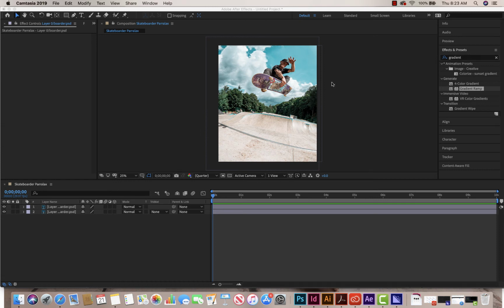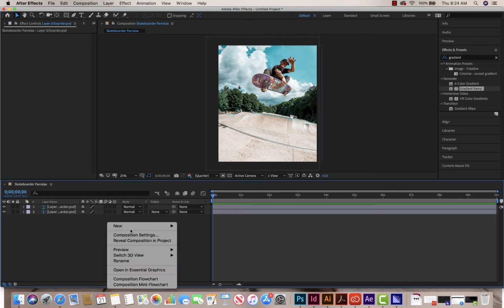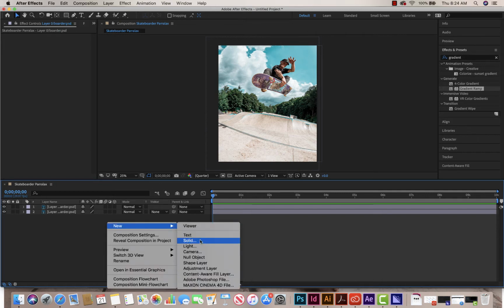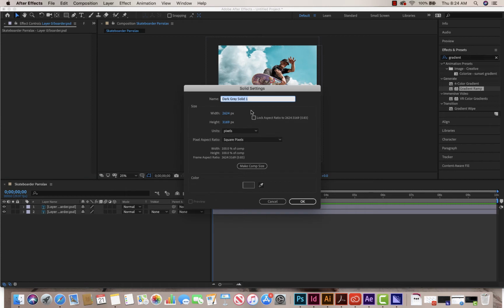So you've created your skateboarder, and now we're going to add a few effects to it. So we have our two layers, right? The skateboarder and the background. So I'm going to click away from all the layers, and I'm going to create a new layer. I'm going to right click, new, solid, and I'm going to title it vignette,